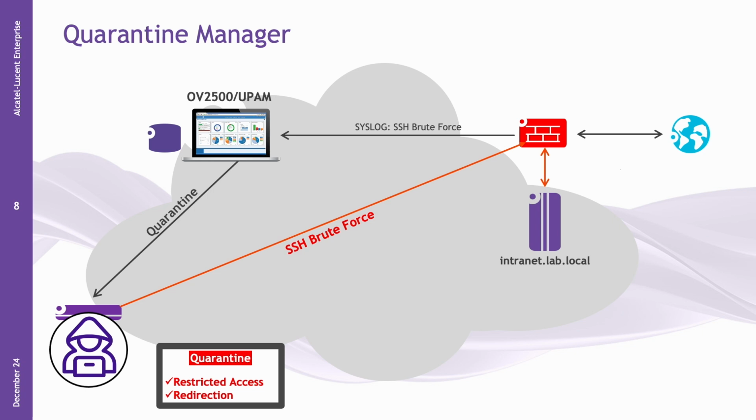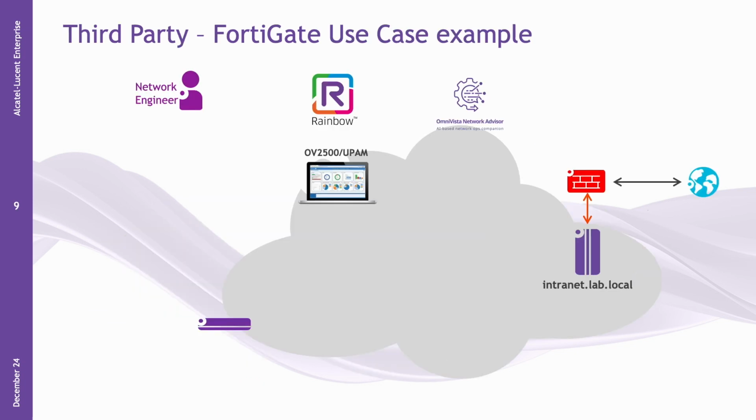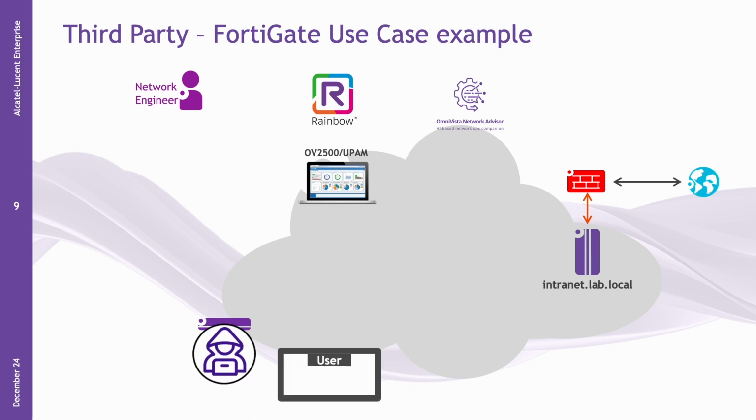Let's now demonstrate how OVNA can leverage Quarantine Manager and third-party integration with FortiGate. In this scenario, we have a Wi-Fi client who could be an employee. This client is authenticated and has access to the network. Let's imagine that this employee is malicious and tries to perform an SSH brute force attack on the intranet web